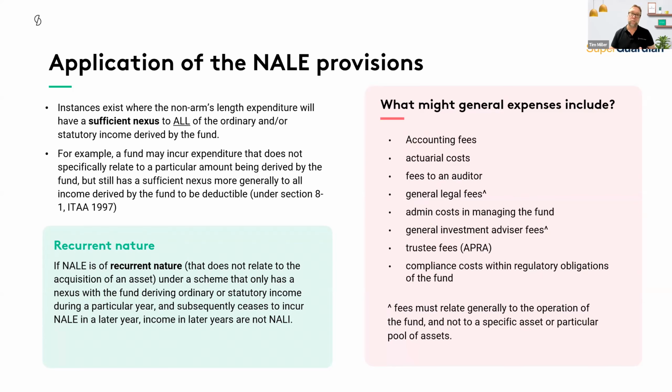So what we're looking at then is, okay, we're identifying what sort of expenses might create these one-off income situations, and we're looking at our actuarial fees, accounting fees, audit fees, legal fees, admin management, general investment advisor fees, certainly trustee fees, from a general expenditure point of view. However, when we then click on and move into the LCR